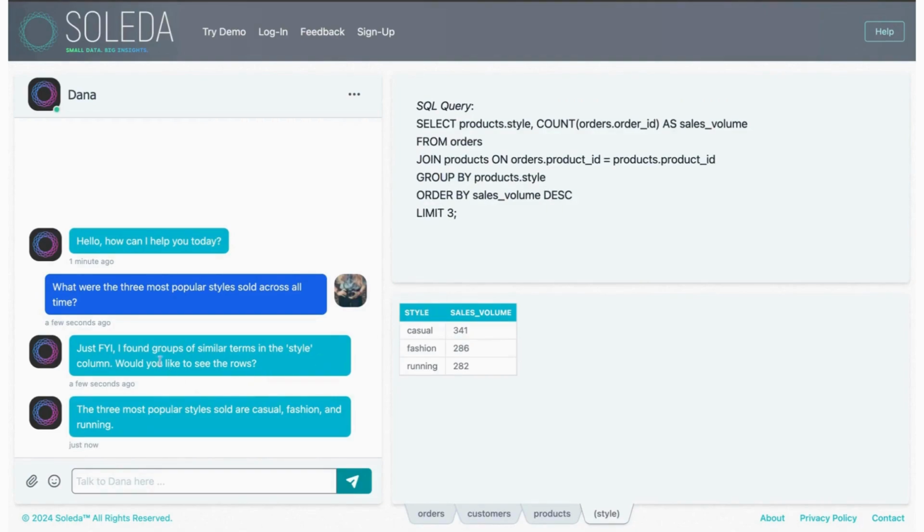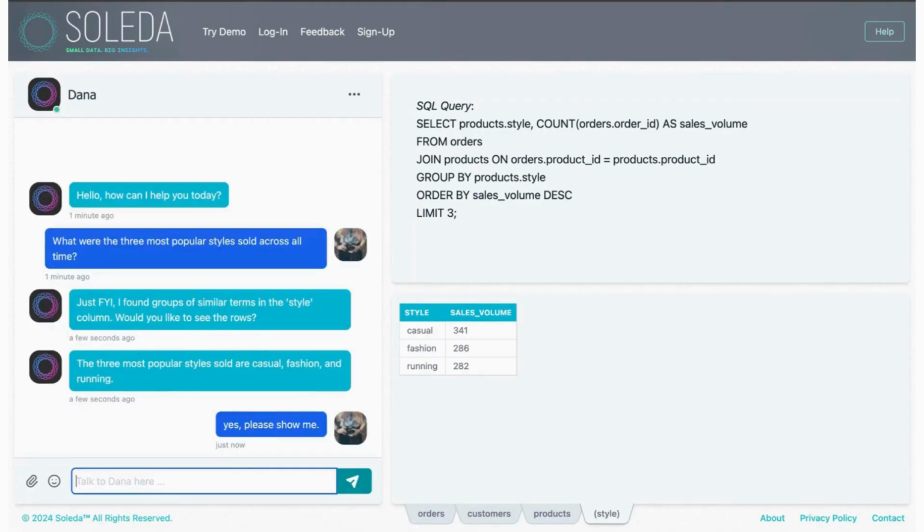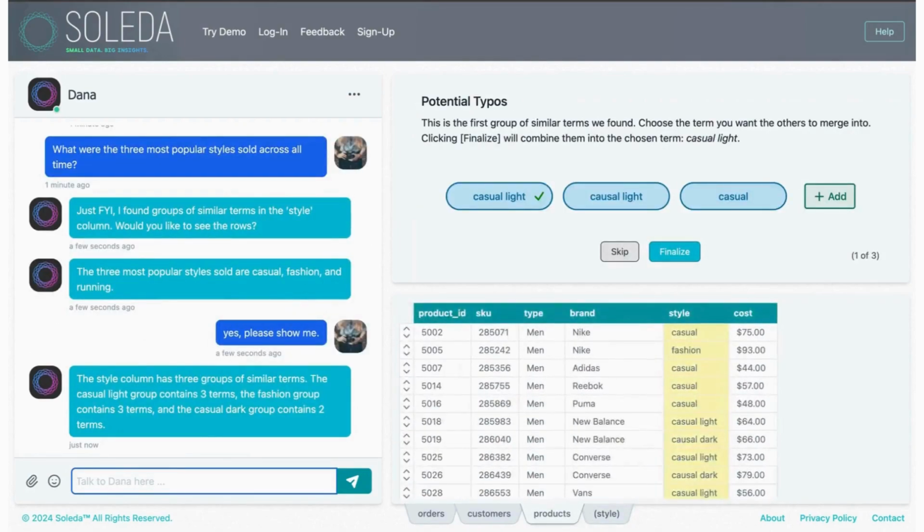And now critically though, Dana has proactively surfaced some potential issues in the style column. And would you like to see the rows? And so exactly our same issue, but Dana has acted proactively. So this triggers our interactive panel when we say, yes, please show me. And once again, now